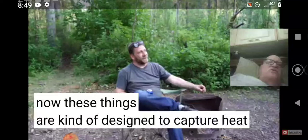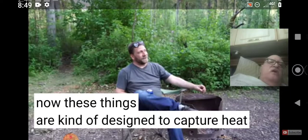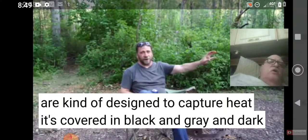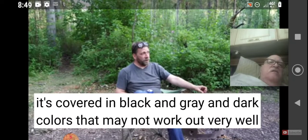Now, he said these things are designed to capture heat. They're dark colors: gray, dark blue, black. So he's not sure how it's going to work with the heat, but